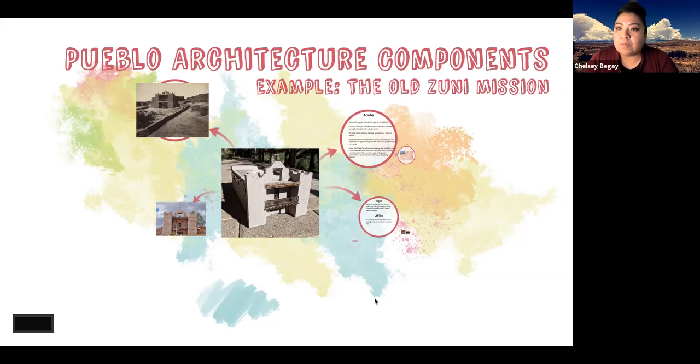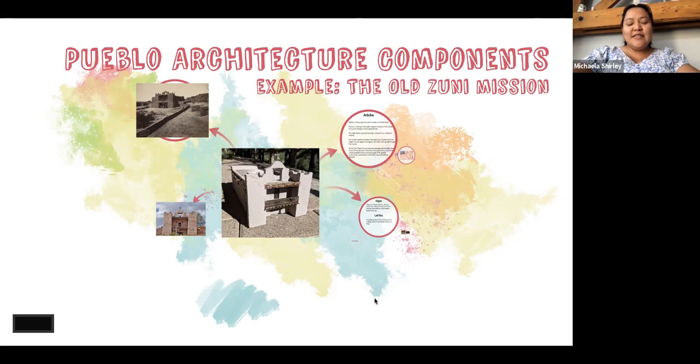So I'll let Michaela talk a little bit about the iArchitecture project and the museum exhibit that we have planned. Okay, awesome. Yeah, thank you, Chelsea. So this is one of several projects that IDPI has going on right now.